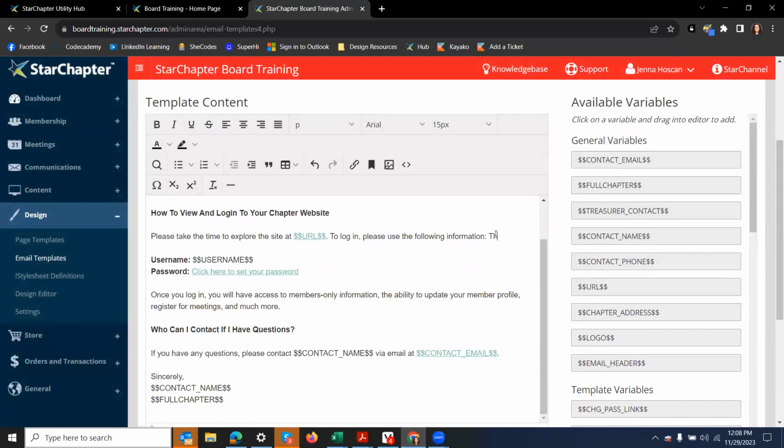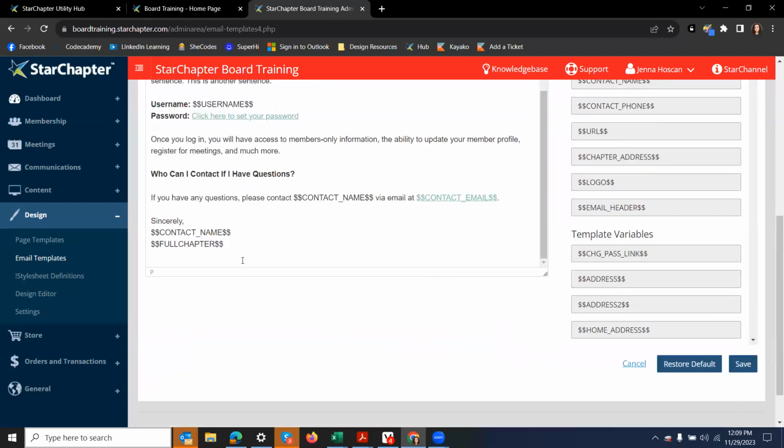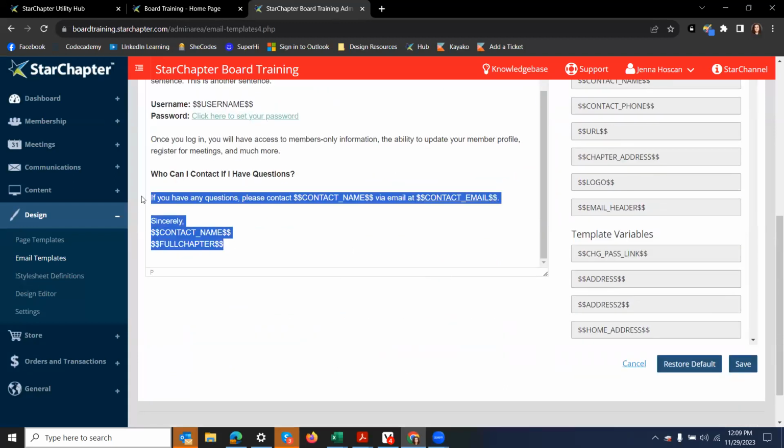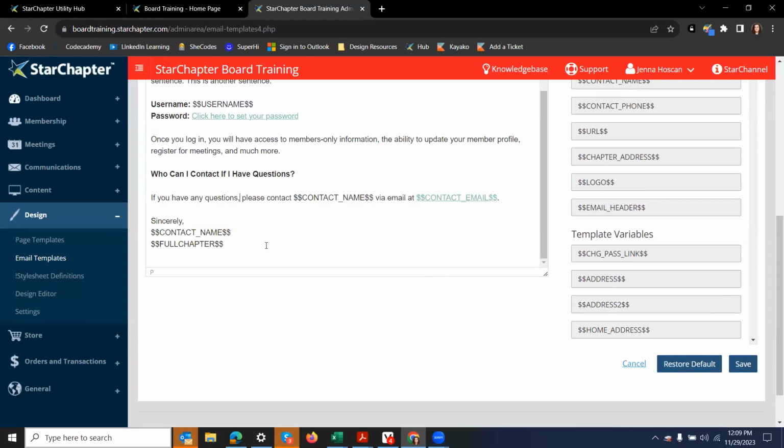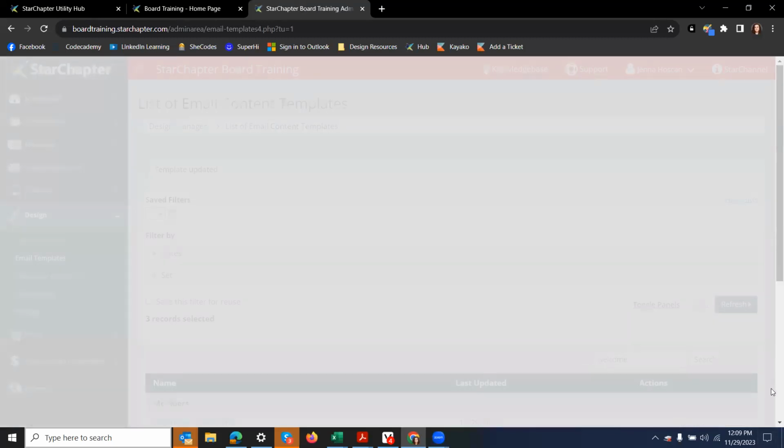So you can start typing in here to add that to your build. I've also seen some folks maybe get rid of this little contact section because we might want to put that underneath what we have on the welcome email. That's totally fine. So I might get rid of that for now and save that